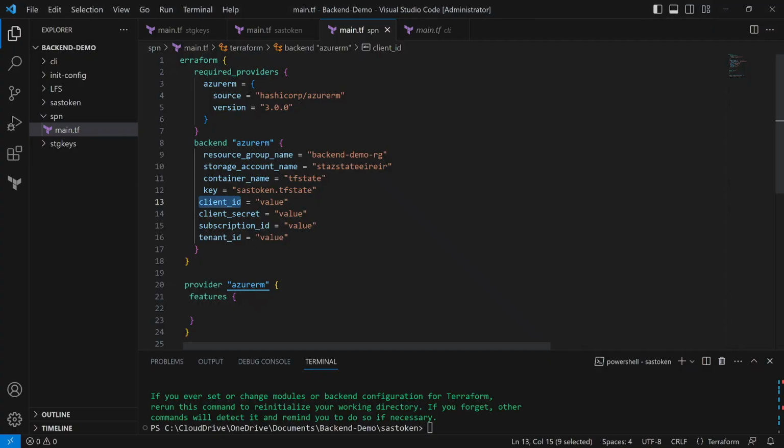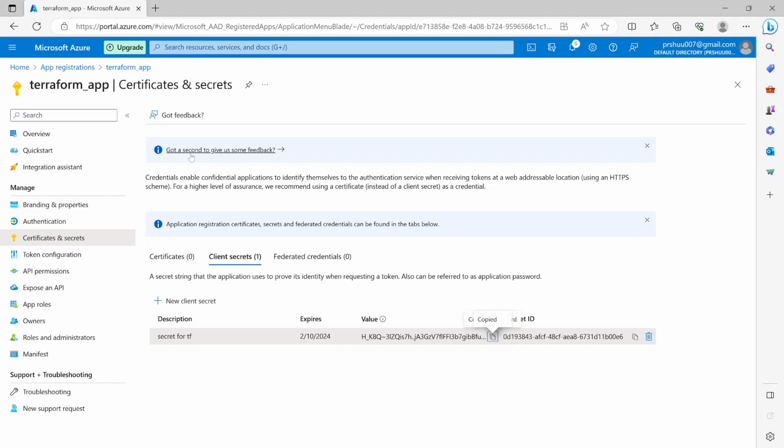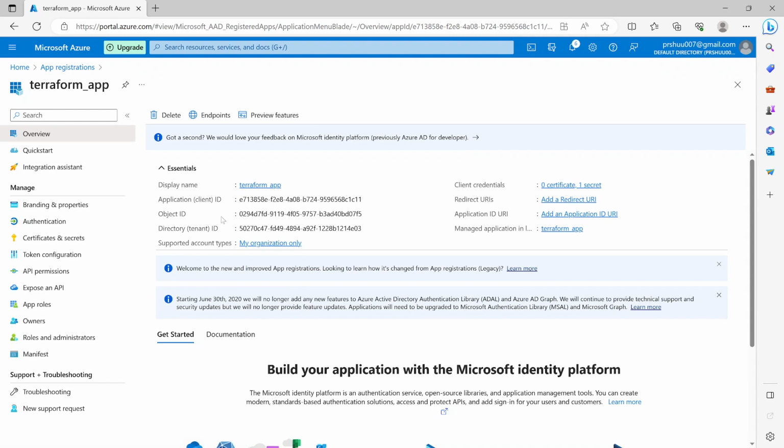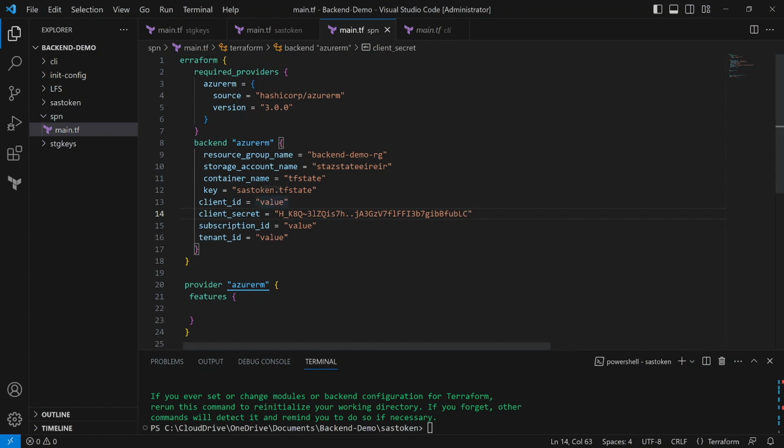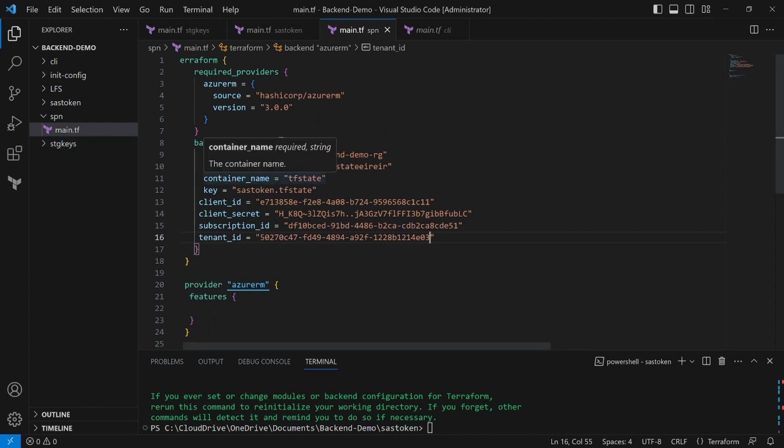Let's go to our code. Here I have put my client secret, and for client ID, remember this is very important. For the client ID you can mistake it for the object ID. Object ID is not a client ID. Client ID is the application ID. You can see here it is mentioned also, application (client) ID. So we have to use this client ID or application ID as client underscore ID over here and save it. So now in the service principal, I have mentioned my client ID, my client secret, subscription ID,